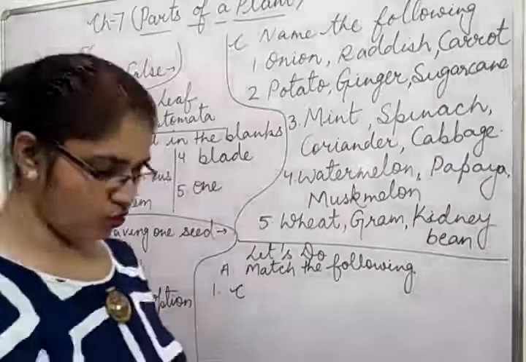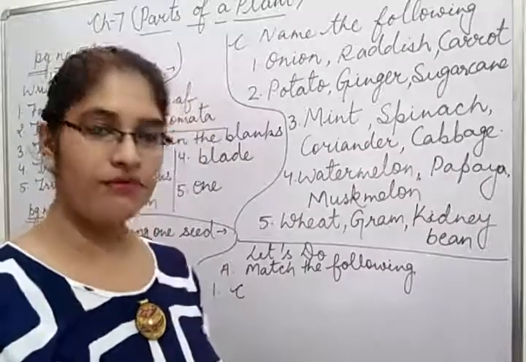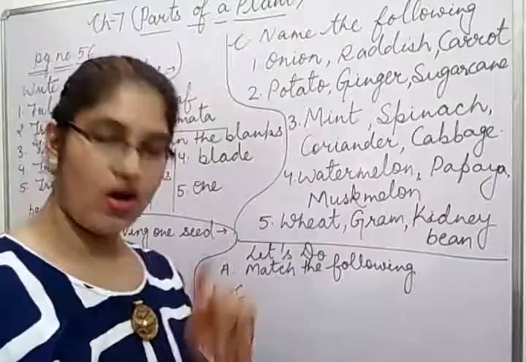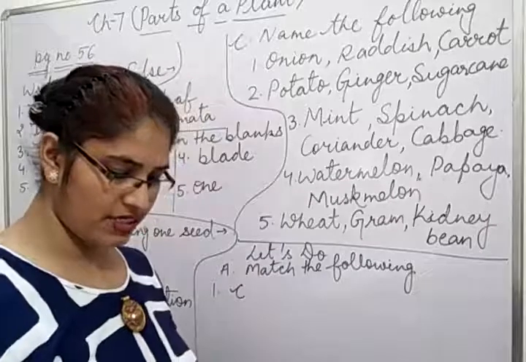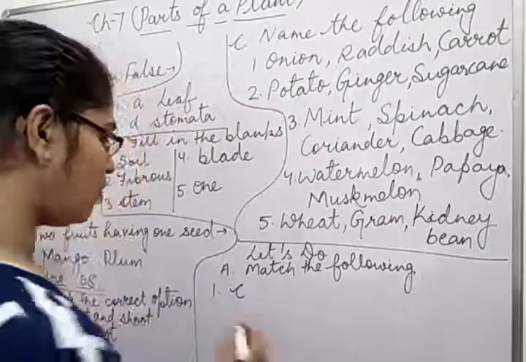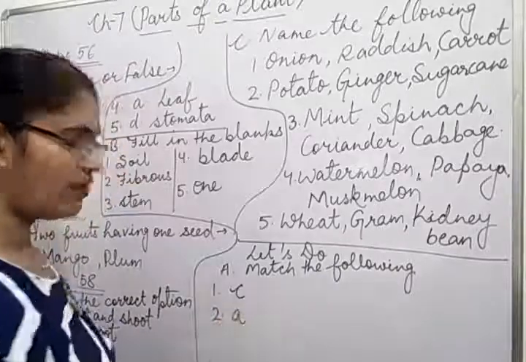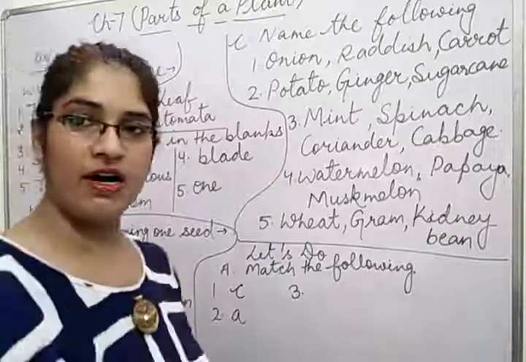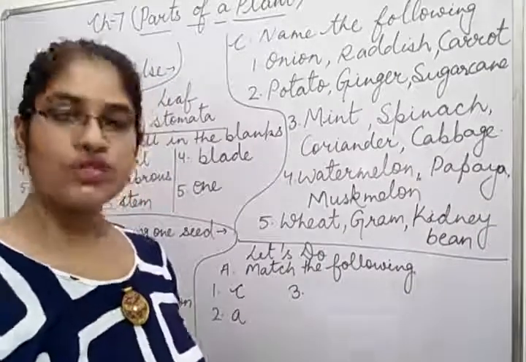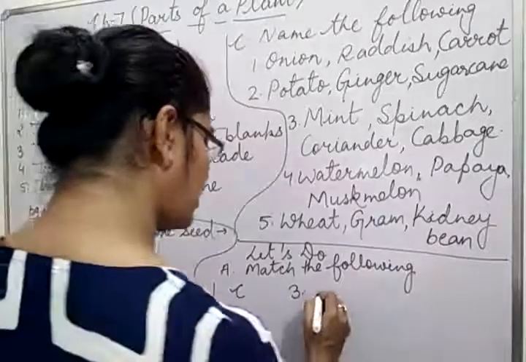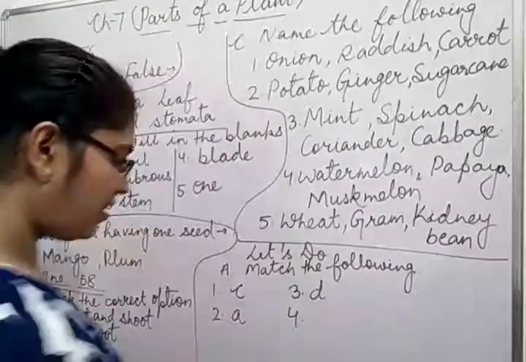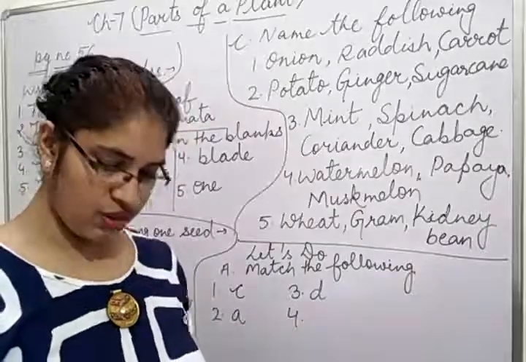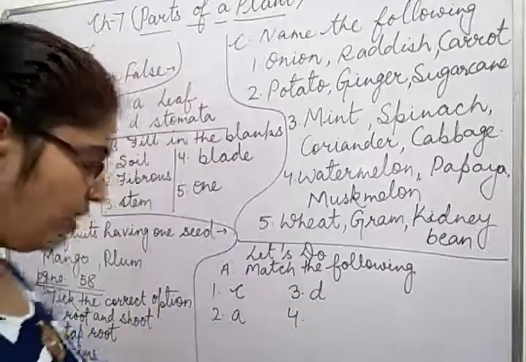Okay, and what is C? The root. Roots take in water and minerals from the soil. So first would match from C. Then second is the picture of stem, and what is the function of stem? Holds the plant upright, and it is given on A. So in front of second you can write down A. Then third picture is of flower, and the function given is grows into fruit. The flower grows into a fruit, you can write down the D. And the fourth picture is given of tomato, and the function is given contains seeds. So you will match from B.